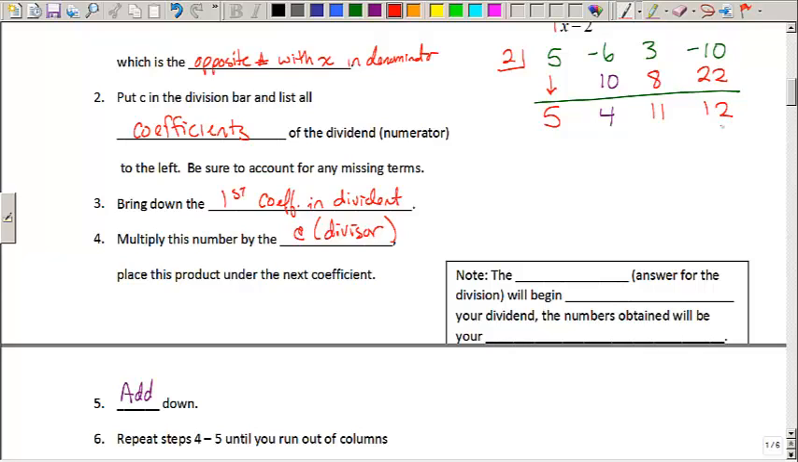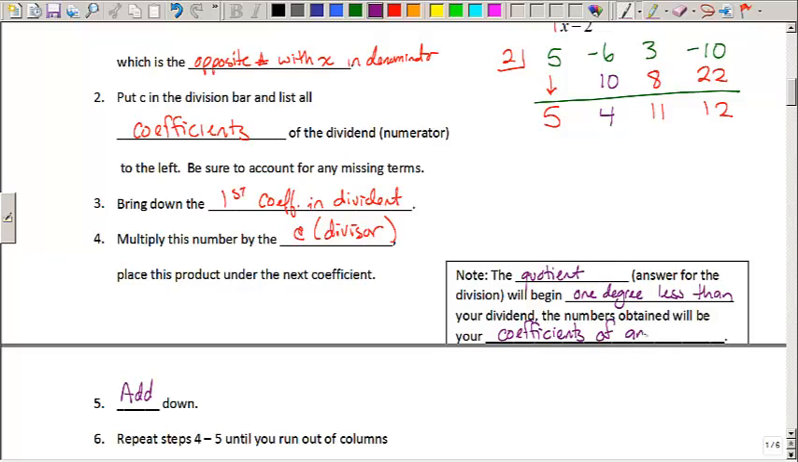So really it's multiply, add, multiply, add, multiply, add. As long as you've set up the original divisor correctly, taking the opposite sign, using all the coefficients, all you have to do is multiply and then add down. Multiply the divisor, then add down, so on and so forth. Note that the quotient, which is the answer for the division, will begin 1 degree less than your dividend. The numbers obtained in the last row here will be the coefficients